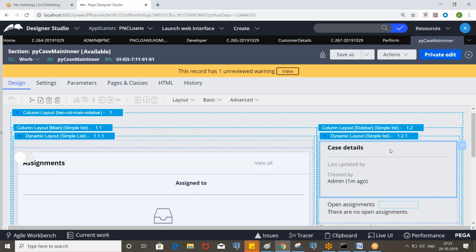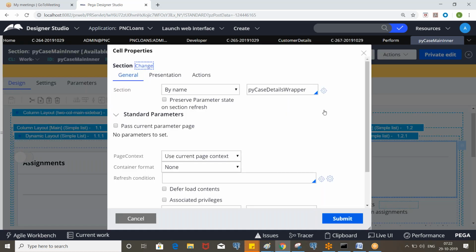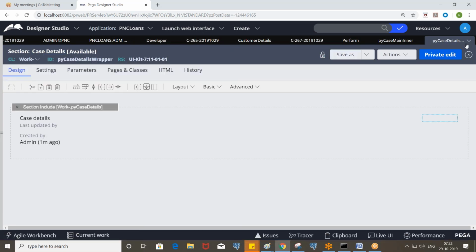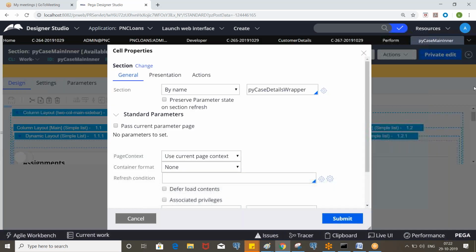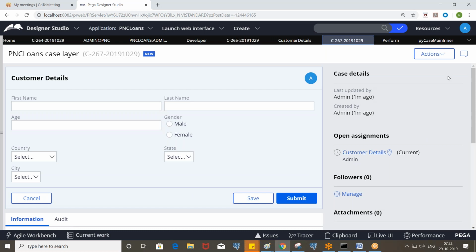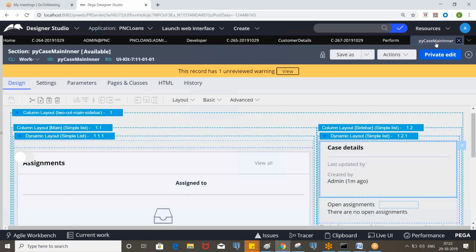Let's say this is the section called py case details wrapper. If I don't want these details in my work object form, in that case we need to save as, and this is being invoked in which harness? The perform. So ultimately, this is part of perform harness.